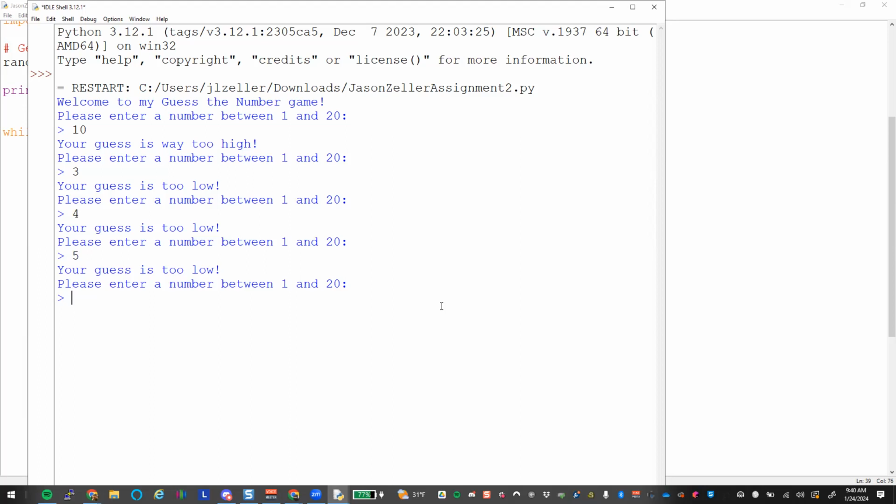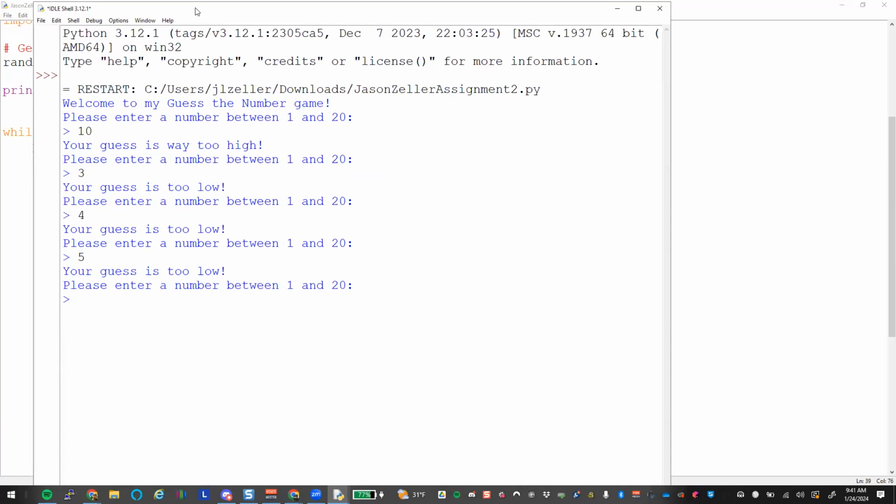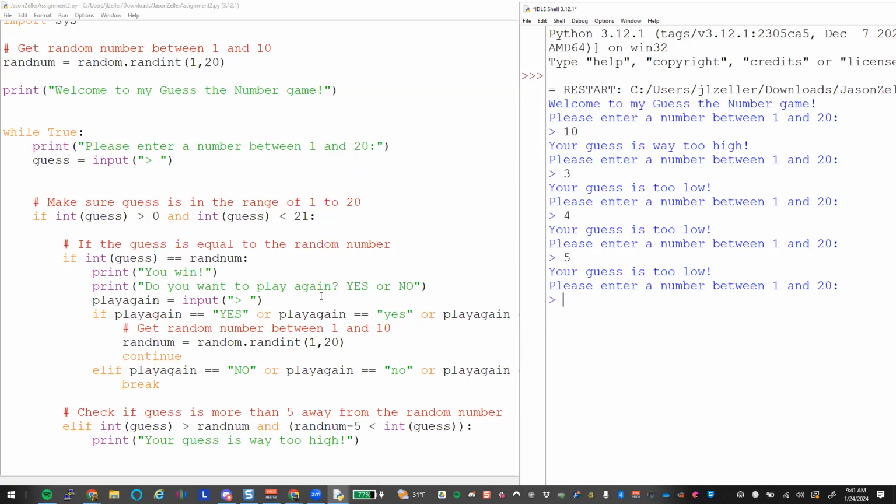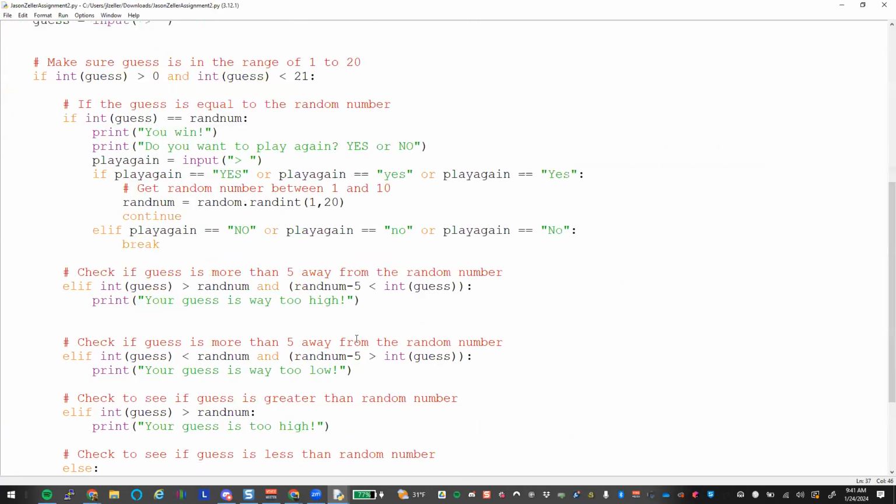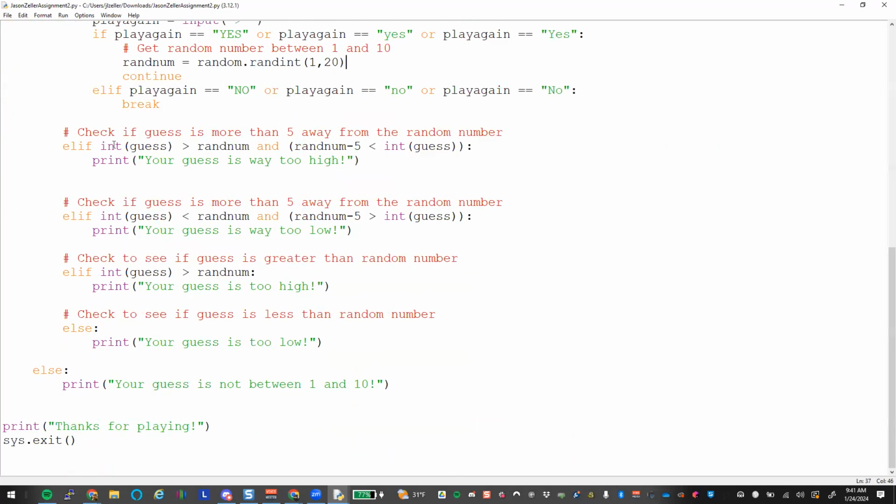Well, that's odd. What did I originally guess? 10. 10 was too high, which means whatever it is plus 5 or minus 5. Something's not quite right yet, right? So let's plug in the math. We should be getting, if we got too high, let's look at too high over here. If we said our guess was 10,